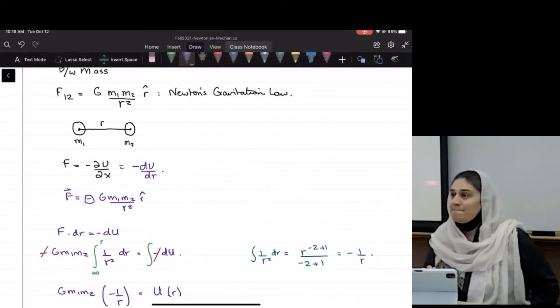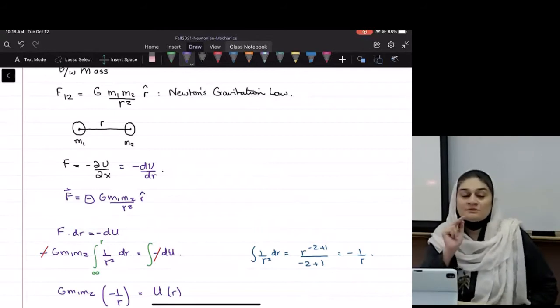Okay, good? So far, so good? Yeah. Okay, now that we have found the gravitational force at the